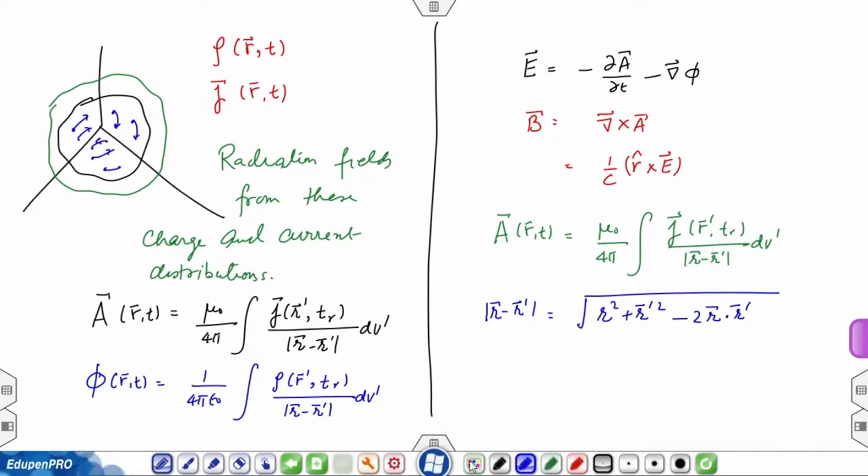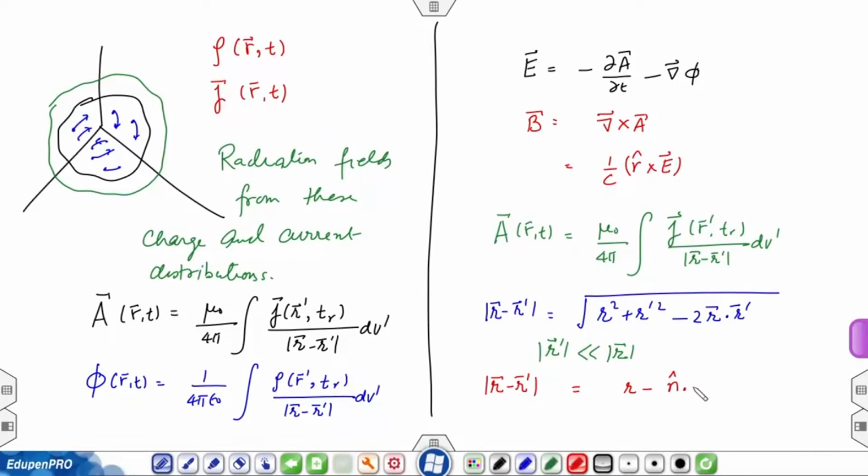There should not be a vector sign on r prime, and since this is localized, we have r prime mod is much less than r mod. So, we are going to keep only the linear term and approximate this